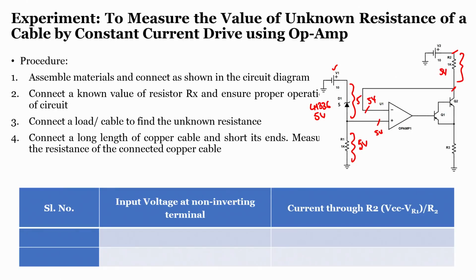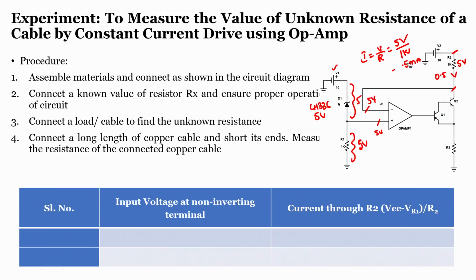isn't it. So, because the drop across the resistor is 5 volts, since we know the resistance value, we can calculate the current flow through this. So, as we know, according to Ohm's law, I is equal to V by R. So, the voltage drop across the resistor is 5 volts, because this is 10, this is 5, 10 minus 5 will be 5 volts, and the resistance that we are using is 1 kilo ohm. So, 5 by 1 will be 0.5 milliamps.